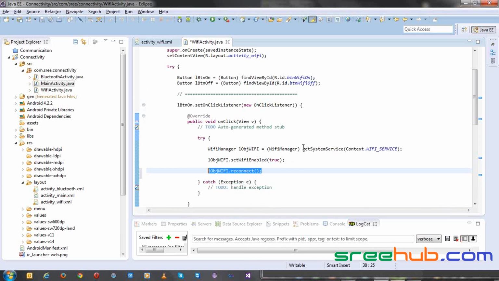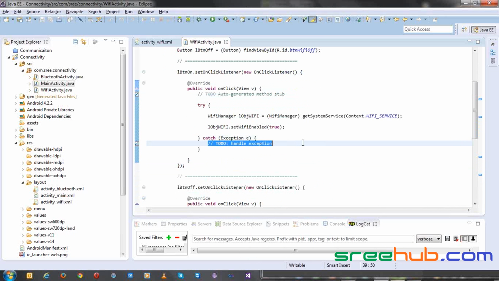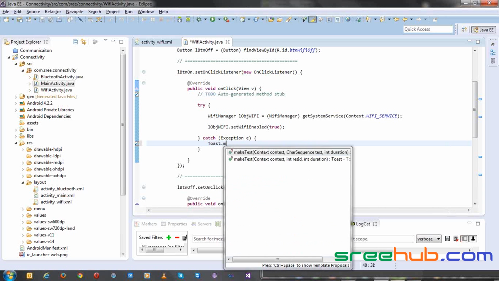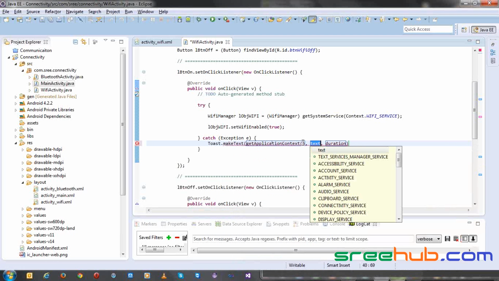Now these reconnecting things, you should not do synchronously. Never ever do them synchronously. You will have to do all of this reconnecting, or checking whether Wi-Fi is enabled or not, continuously in the background, fine? Let me create a toast here, Toast.makeText with application context, and just say